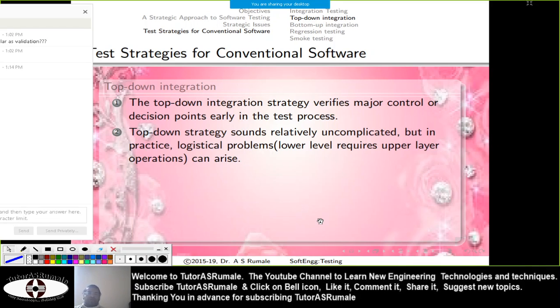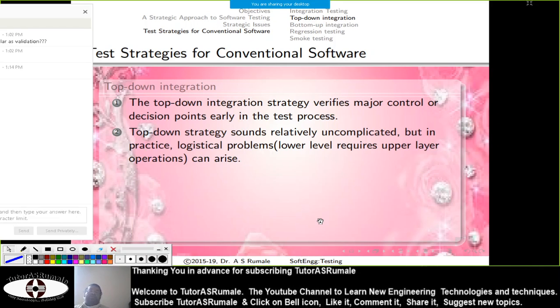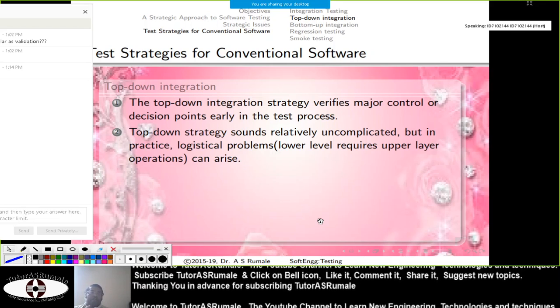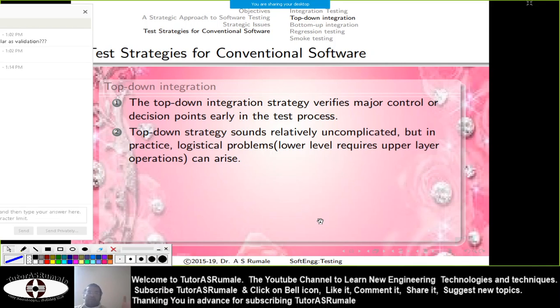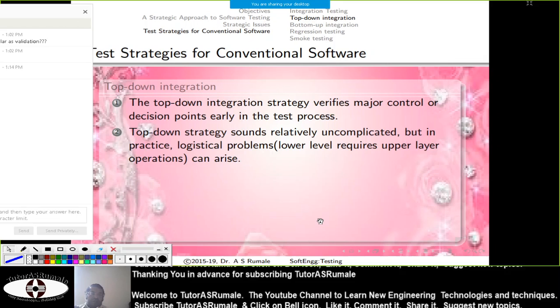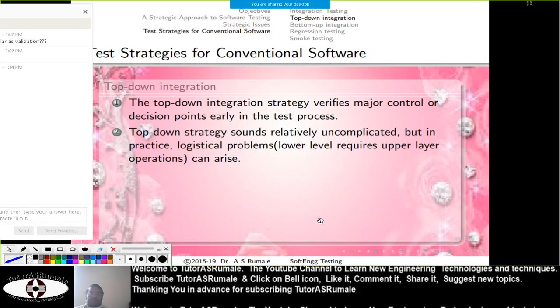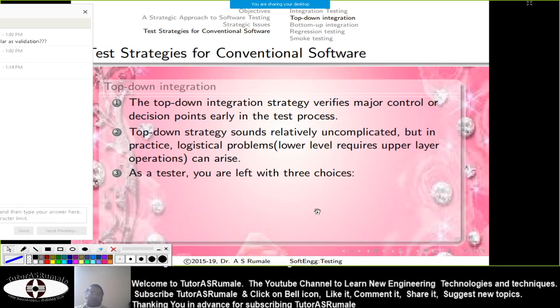Actually, the top-down strategy sounds uncomplicated, but practically you have to break your entire problem into small pieces. You first have to find out the problem as a whole, and then you go on finding the problem in a particular part, and so you get logistical problems. Lower levels require upper layer operations, and so it can cause problems.